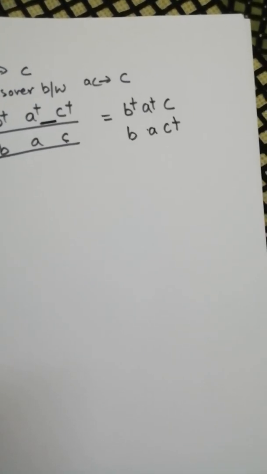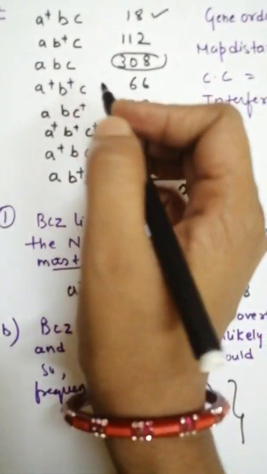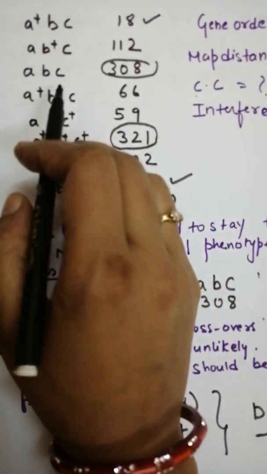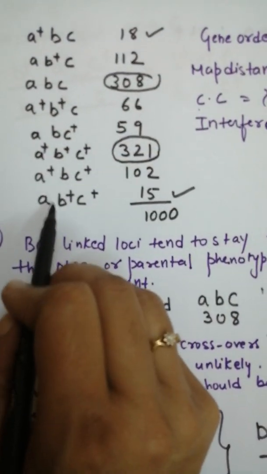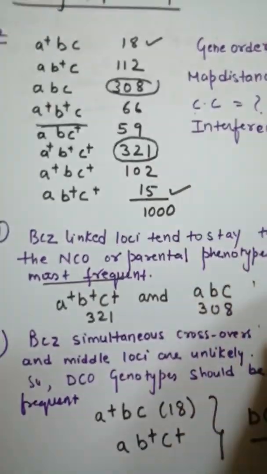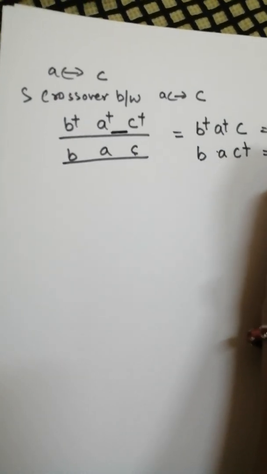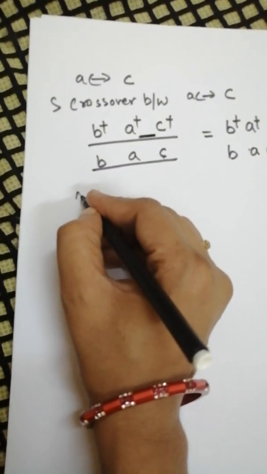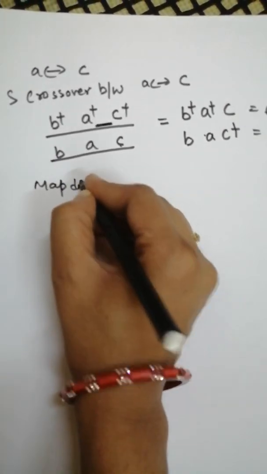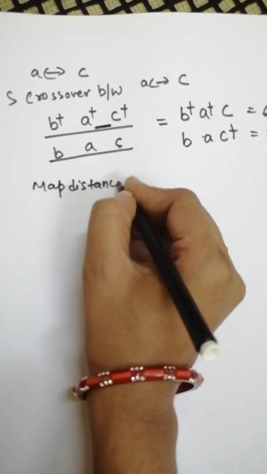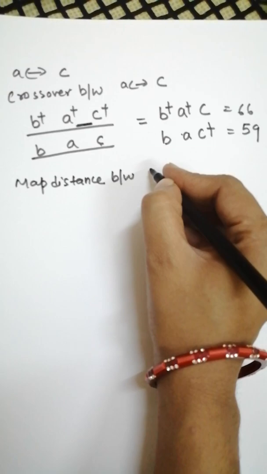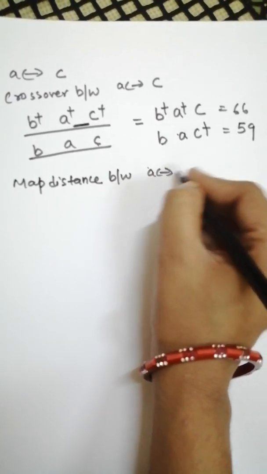From the question, B plus A plus C is 66 and B, A, C plus is 59. So we find the map distance between A and C